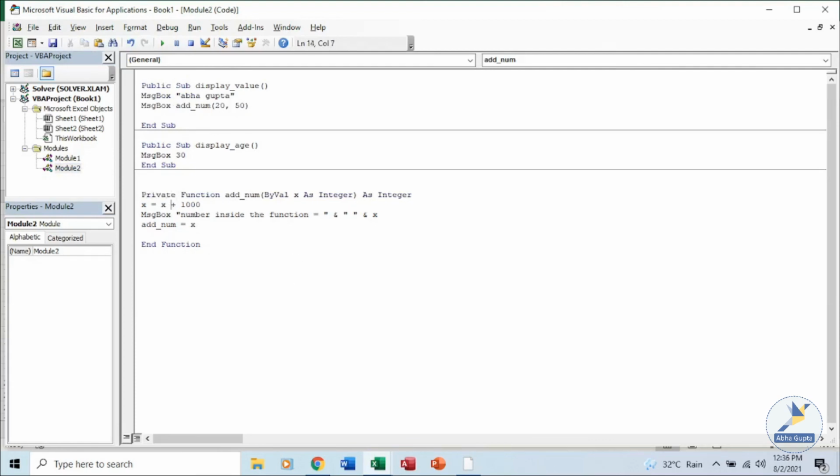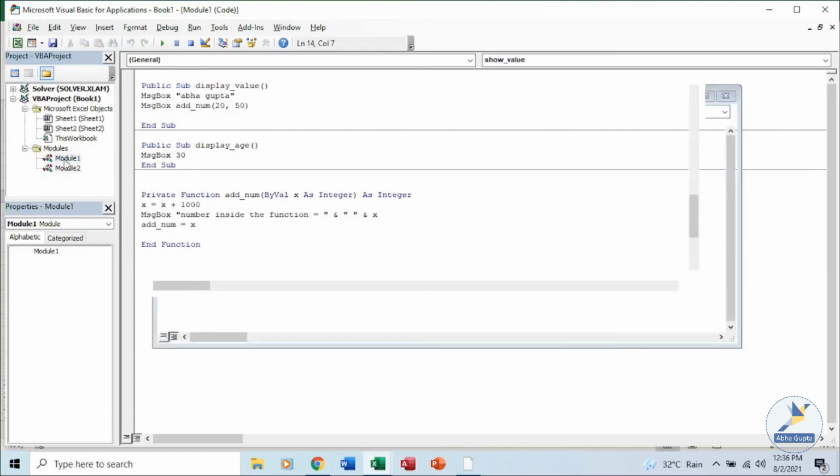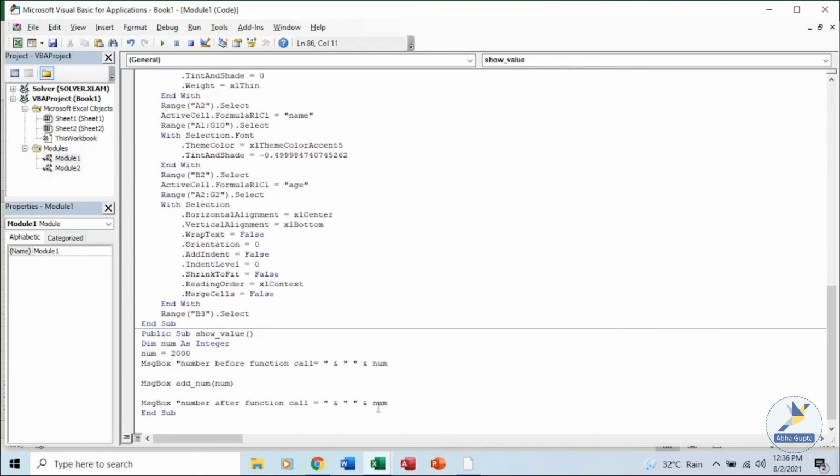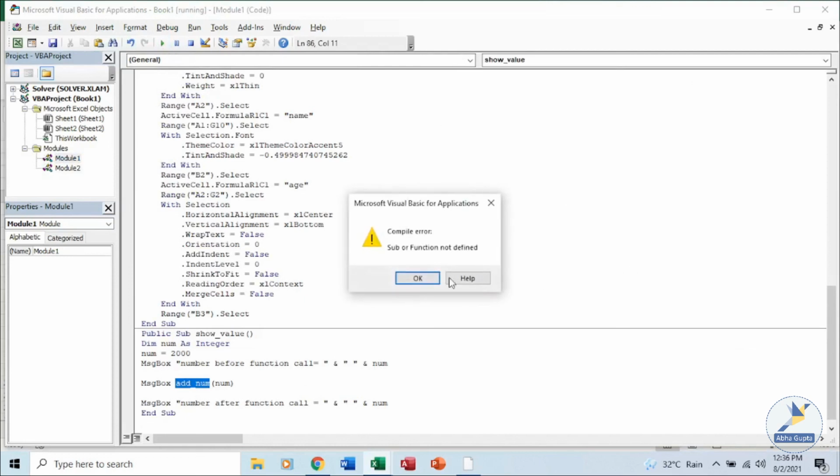Since this is a private function, it will be available only in module 2, not in module 1. Let's run this macro from module 1 and see. You can see this add number, even though it is written inside module 2, it is not available. It is giving me an error that this function or sub is not defined. Why?